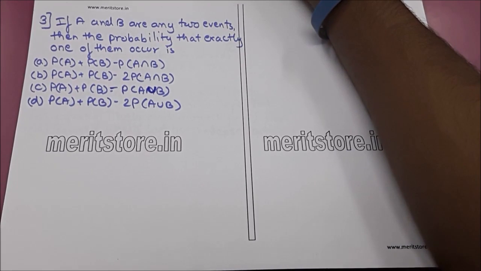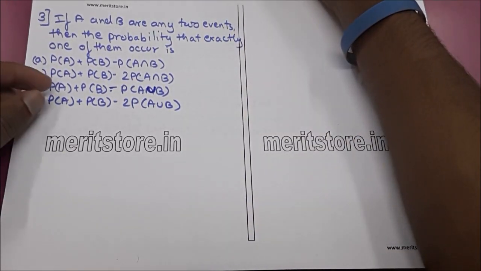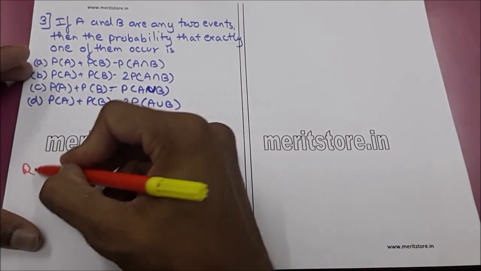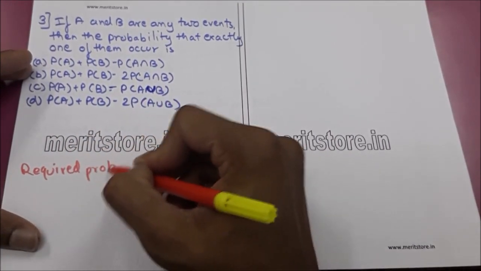Question 3. If A and B are any two events, then the probability that exactly one of them occurs is, we have four options. For the required probability, A occurs and B does not occur, or B occurs and A does not occur. So we can say that the required probability